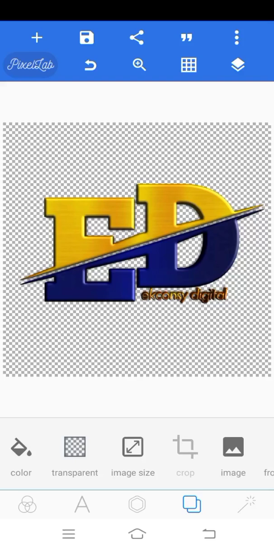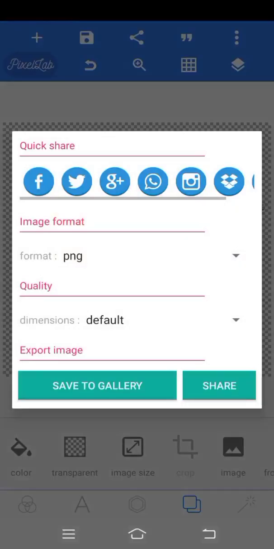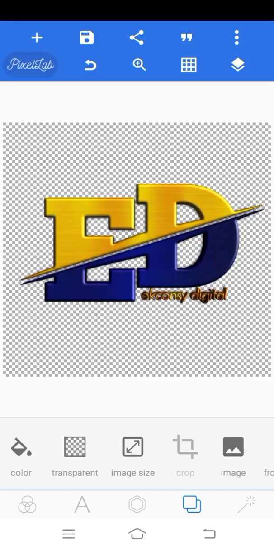You can see it now. And from there you can click on the save icon, then save as image. Once you save as image, you pick this default to ultra, allow the PNG format to be there already, so you click on save. So this now will allow the client or the customer to use this logo on anything,